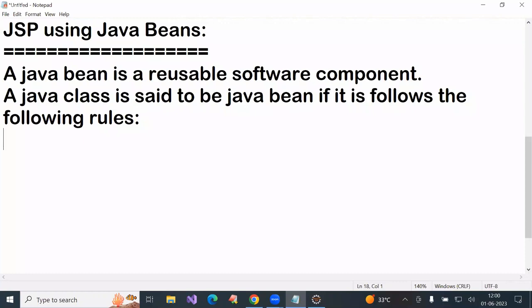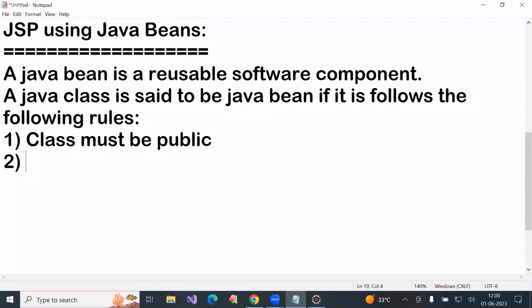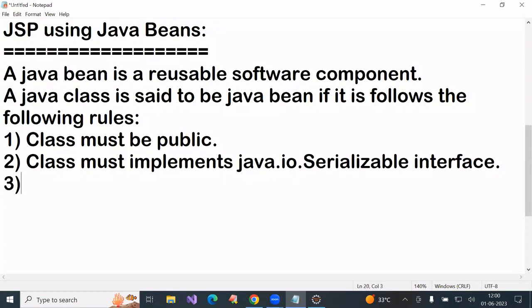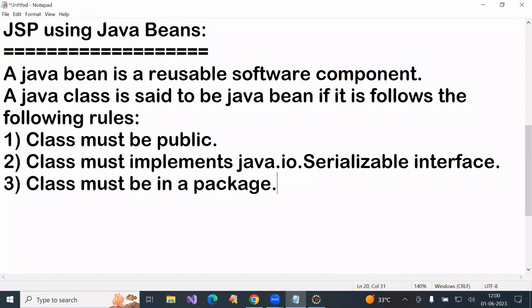Give me rules. What is the first rule? Class must be public. Second rule, class must implement java.io.Serializable interface. Third rule, class must be in a package. Fourth rule,